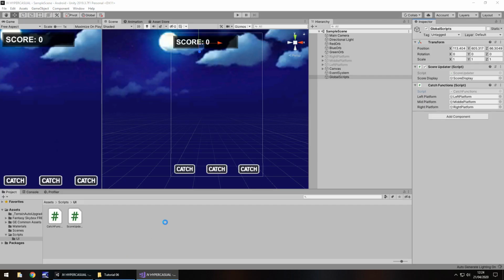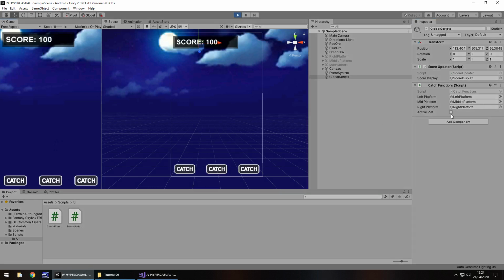So let's head back into Unity and test this out. Let's give it a second to compile, the little circle down there. We don't need to set any more variables over here, but you will notice this active plat is now a little tick box. If we press play, you should see this tick box go on and off quite a lot. So let's try that. Perfect. So you can't multiple click. Well, you can theoretically multiple click, but it doesn't flash like it did before. See? So there we go.